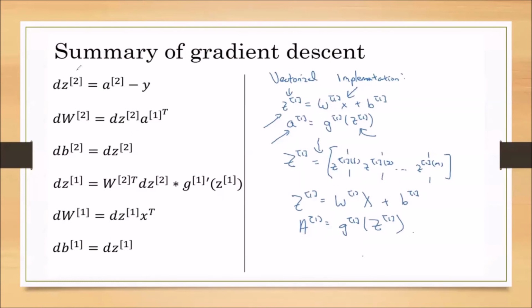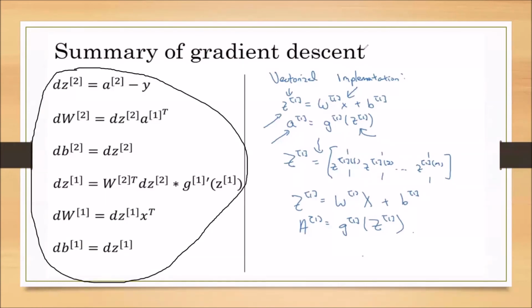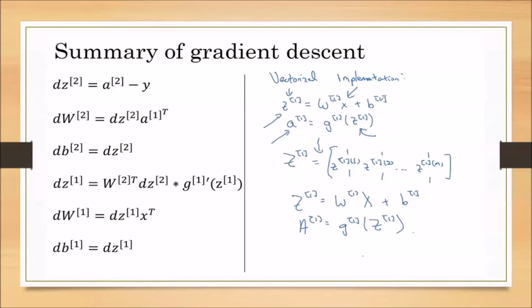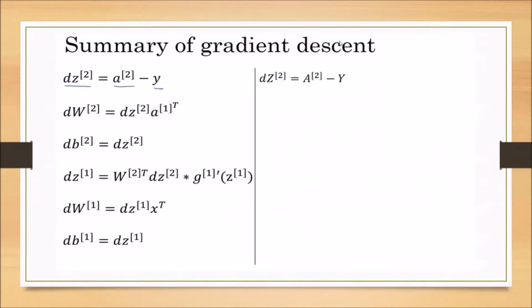But we want to vectorize it. Means for m training samples we have to calculate, not for single training samples. For m training samples, we already discussed the forward propagation. In the forward propagation, we proceed with z1, a1, and so on, the same steps. The z1 equals w1 x plus b1, and it will give the a1, like this. Now how to write the vectorized representation for the backward propagation?